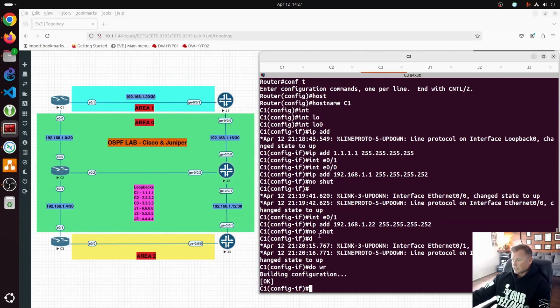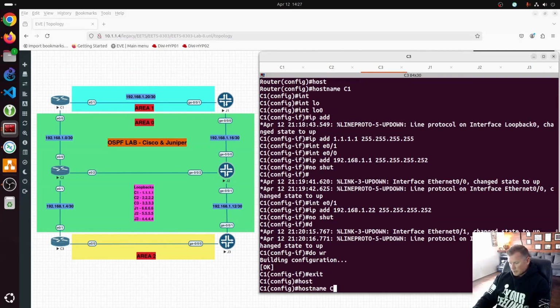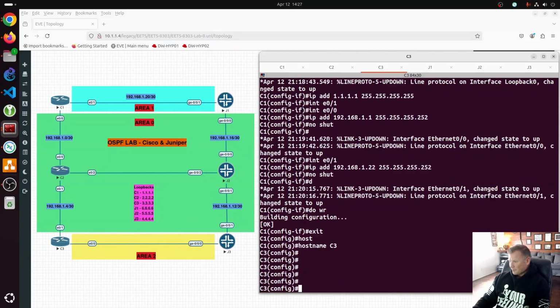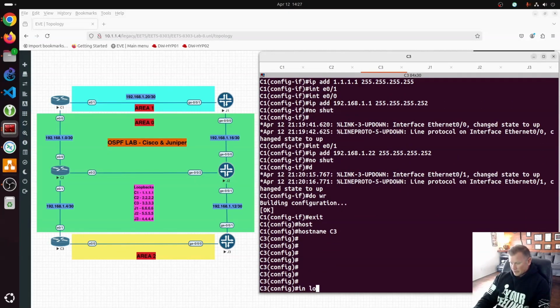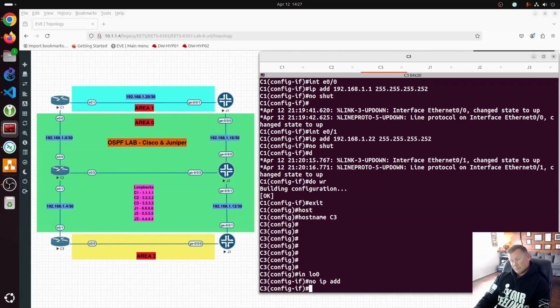Let's do C3 since we just screwed that up. All right, so we'll do a host name C3. Fix that real quick. All right, so now let's do an int loopback 0, and I'll do a no IP add since I screwed that up, and I'll do an IP add, and we can see for C3 it's going to be a 3.3.3.3